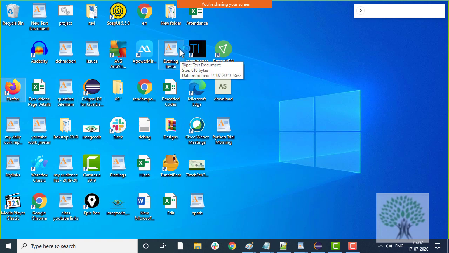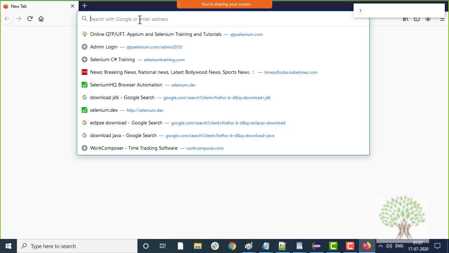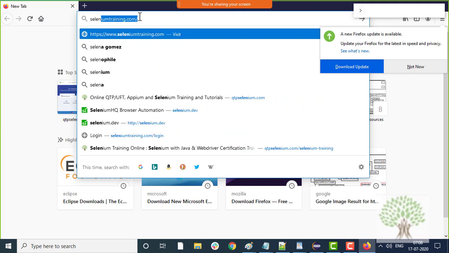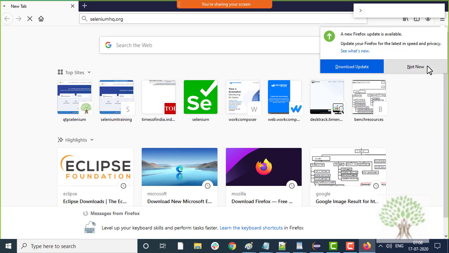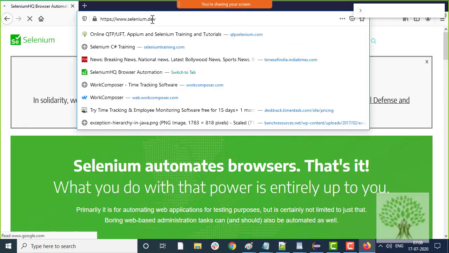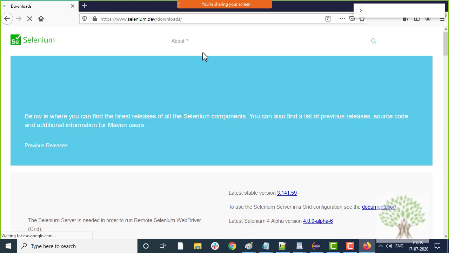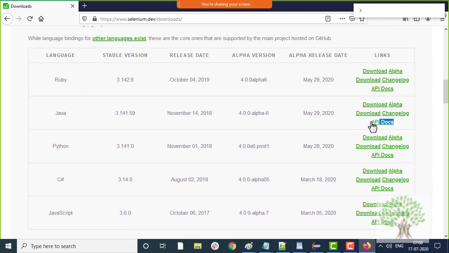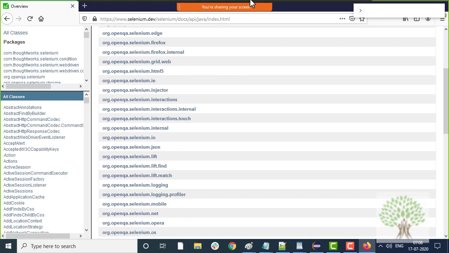If you go to the official website of Selenium, which is seleniumhq.org, or today known as selenium.dev as well, and go to the download section, I had told you that there are API docs available. You can open API docs, and over here,